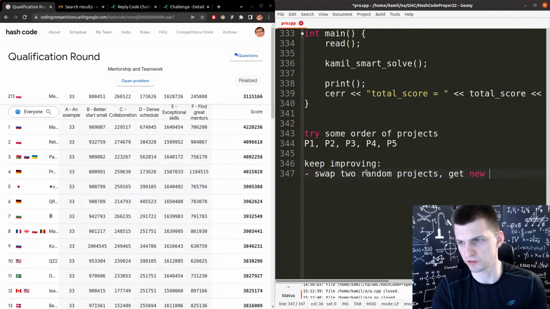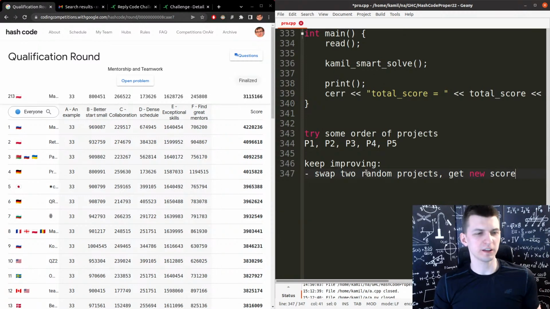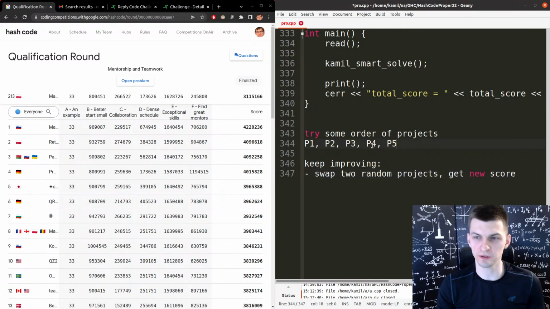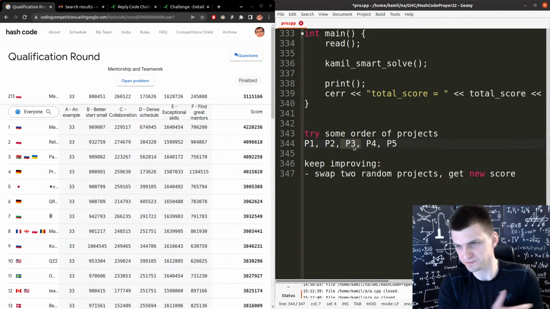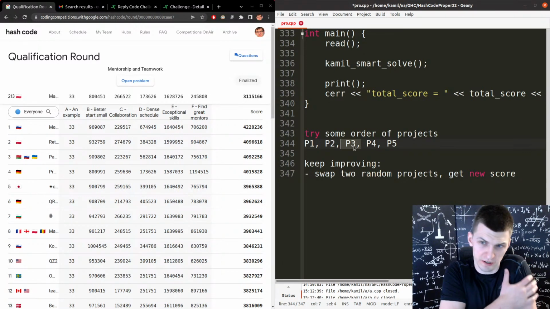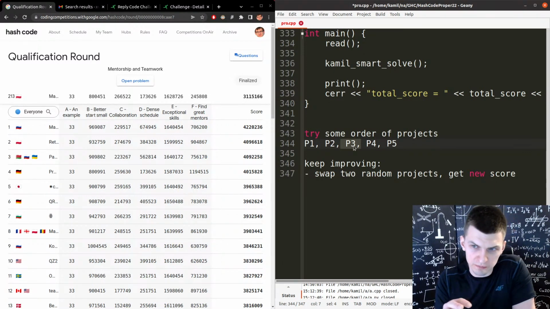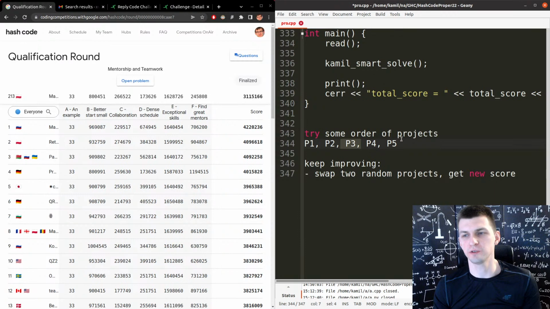If you improve the score with this change, then you keep this change. For example, we swap P3 with P5, and I decide to use P5 earlier, and I see if that's a better order. So with this, we should slowly get to a much better order of doing projects.